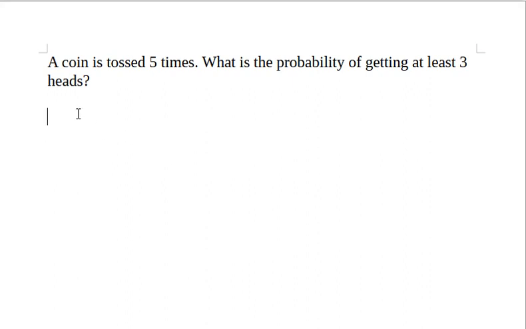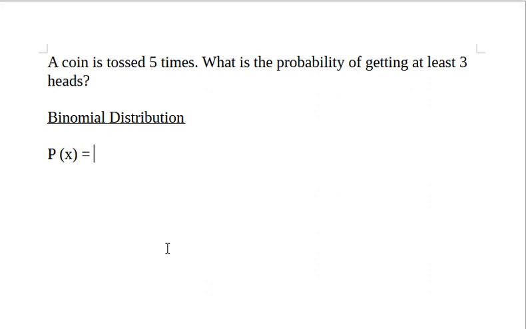This is my problem. So I need to find it with binomial distribution, because there are only 2 outcomes, either success or failure. That is, either head will come or tail will come when we are tossing a coin. Now first let me write down the formula of binomial distribution. The formula of binomial distribution is this one: